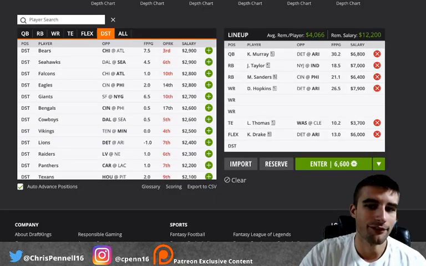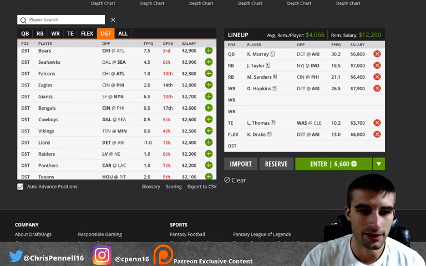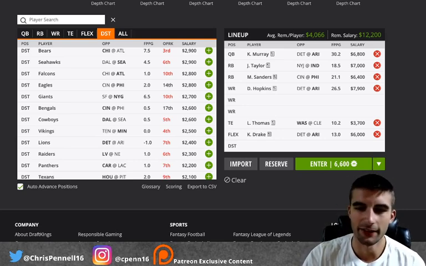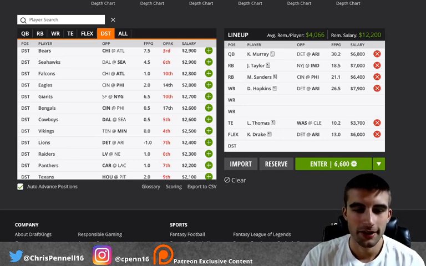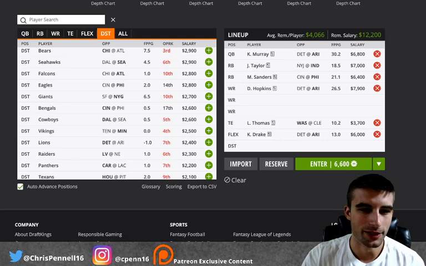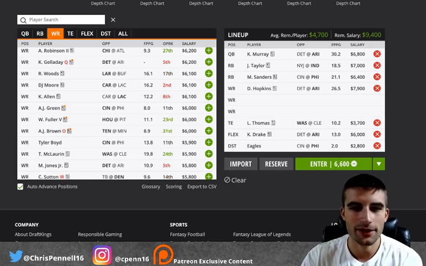And then at that point, I have 4,000 left. And I think the defense I want to plug in here is going to be the Philadelphia Eagles. I'm assuming they're going to be the highest owned defense on the slate. And I guess it's kind of like a halfway decent correlation with Miles Sanders. He's the one in the passing game, so it doesn't really matter too much, but they're also pretty decently sized home favorites here, so I'll take them at 2,800 going against Cincinnati Bengals, and that leaves us 4,700 left, so